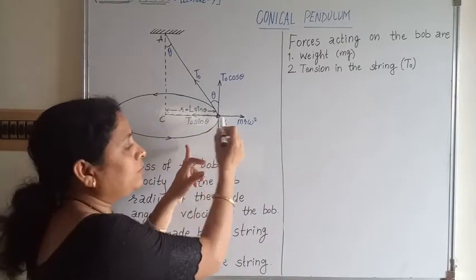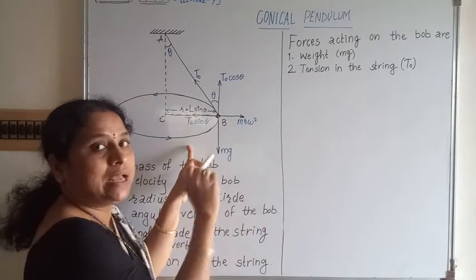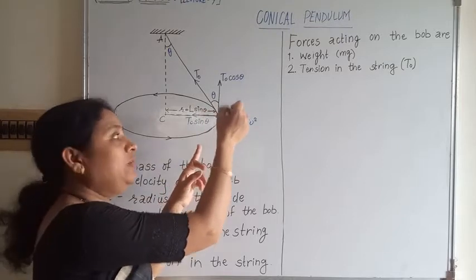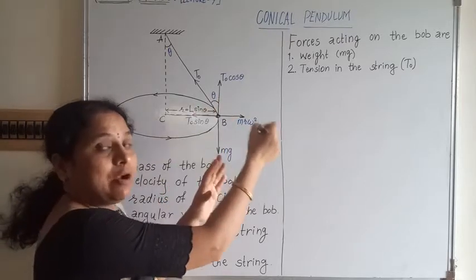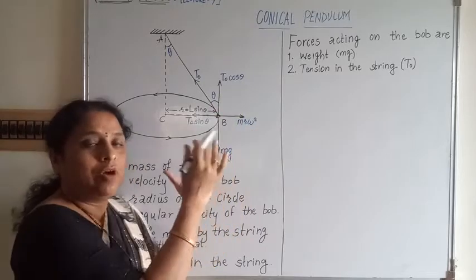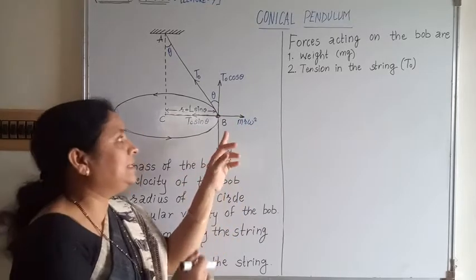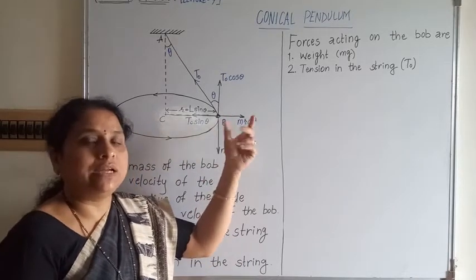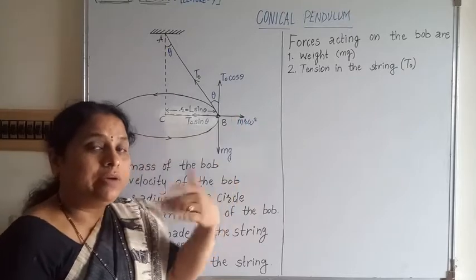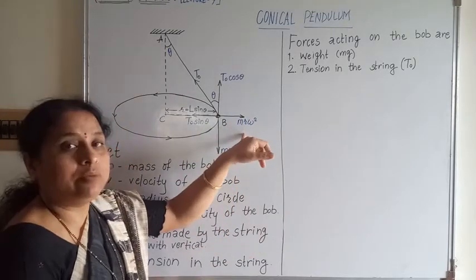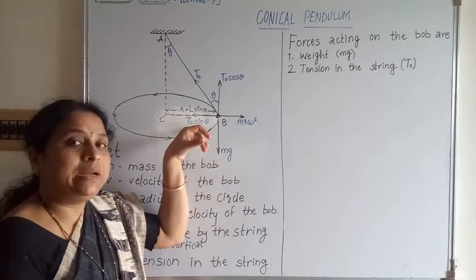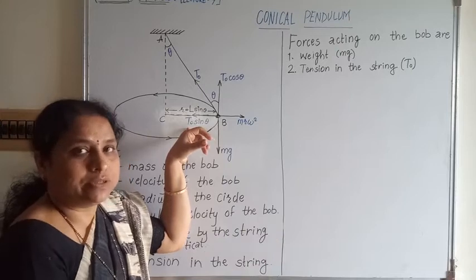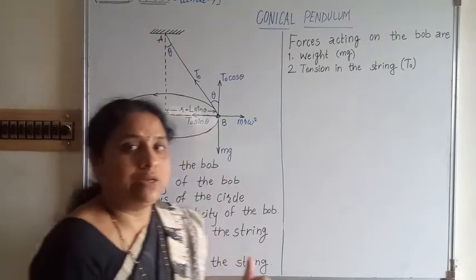When we observe from outside, we call it the inertial frame of reference, and when suppose we are sitting on this conical pendulum and we are observing that outward force, then we study it in the sense of the non-inertial frame of reference, and there we consider the outward force, that is the centrifugal force. In your 11th class, we don't consider the centrifugal force, we consider only the centripetal force. When it performs the circular motion, there is a centripetal force, and we find the expression for that.